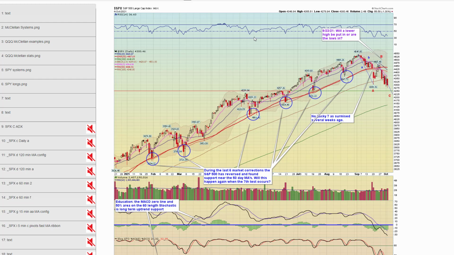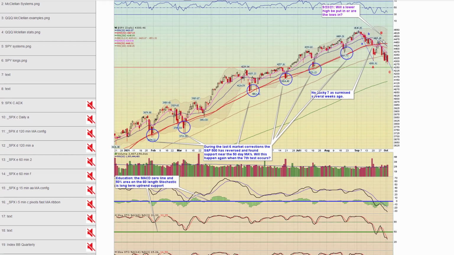So starting with the S&P 500, here's the daily S&P. And again, as you know, on that initial sell-off that we had in September, and September tends to be a weak seasonality point of the year, which we've been discussing. It's well known. We viewed that initial sell-off as an ABC, wave A. The rally up, we thought, would form a lower high, wave B, which it did. It went a little bit above its 50-day moving average, but we had strong conviction we were going to form a lower high, and that's what happened, and we've come back down.